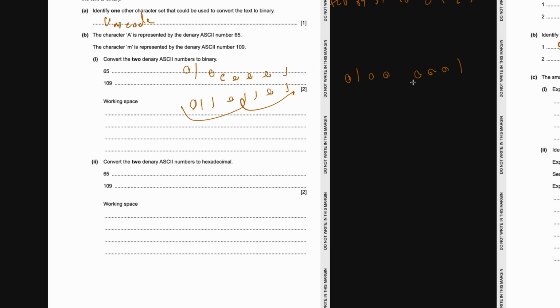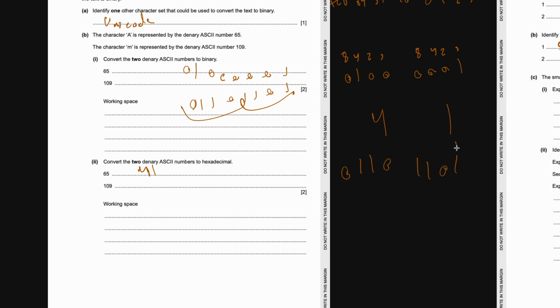We split it into 4s because every hexadecimal digit is 4 binary digits. 1, 2, 4, 8. Only the 1 has a 1 under it, so this is 1. 1, 2, 4, 8. Only the 4 has a 1 under it, so this is 4. 4, 1. That's it. Let's take the second number,